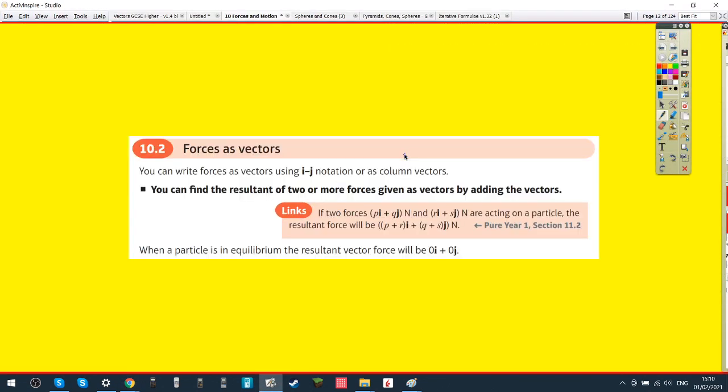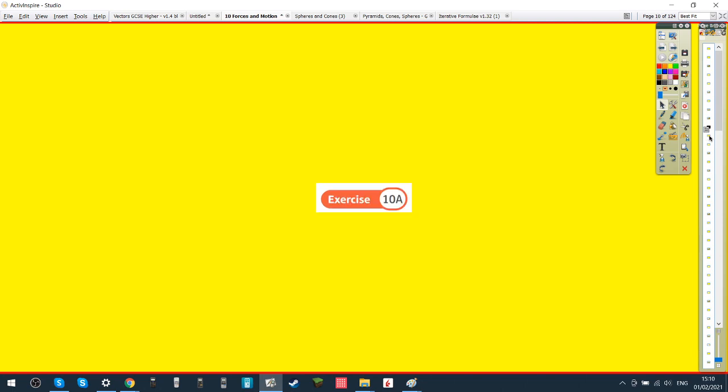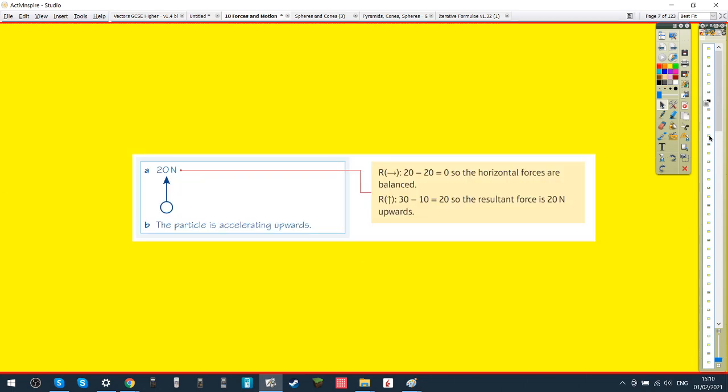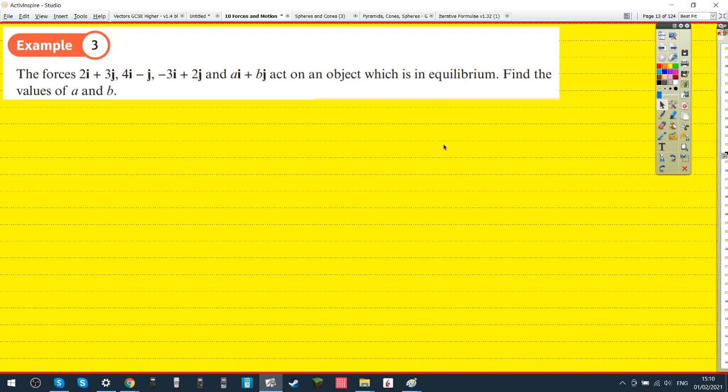Okay. Force diagrams is good. Forces as vectors. One sec, sorry. This one. Put that there. Probably a tick. Great. Okay, how about this? Yep,